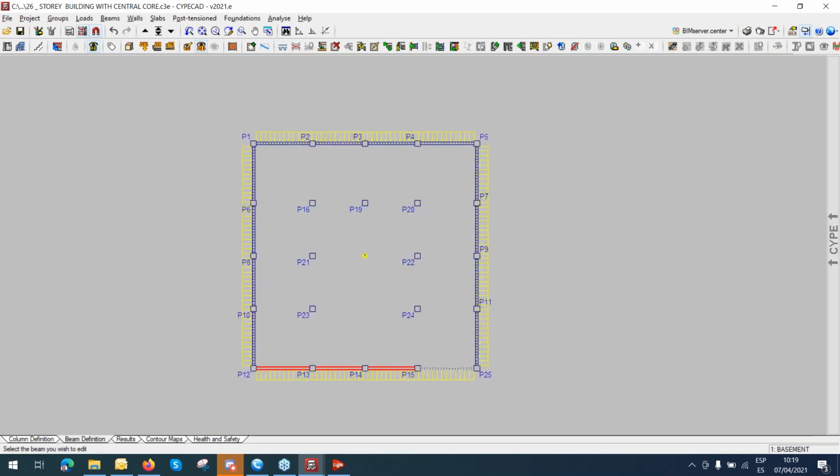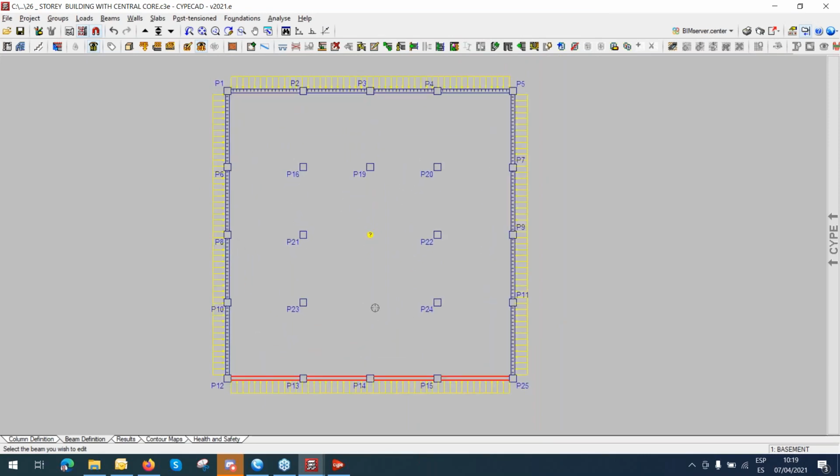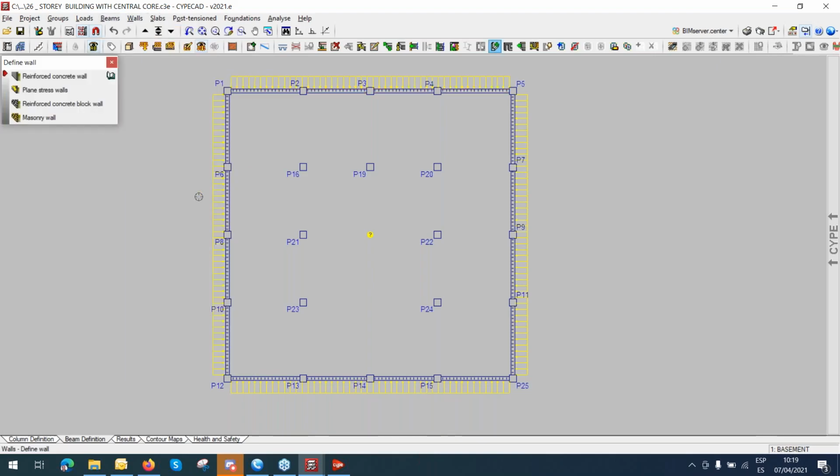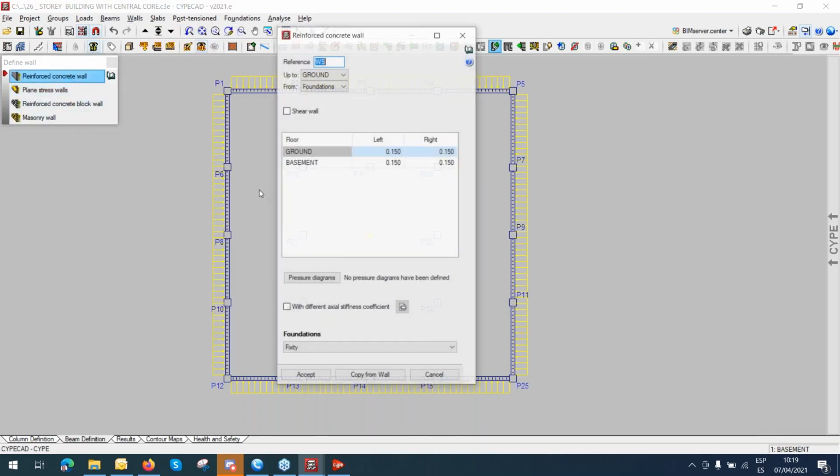So I almost finished this part. It's missing one column. Remember? Well, it's just to show you how to introduce it. So for the next step, we go for the wall definition again. Now, these cores are going to be from the ground up to top. Okay, so